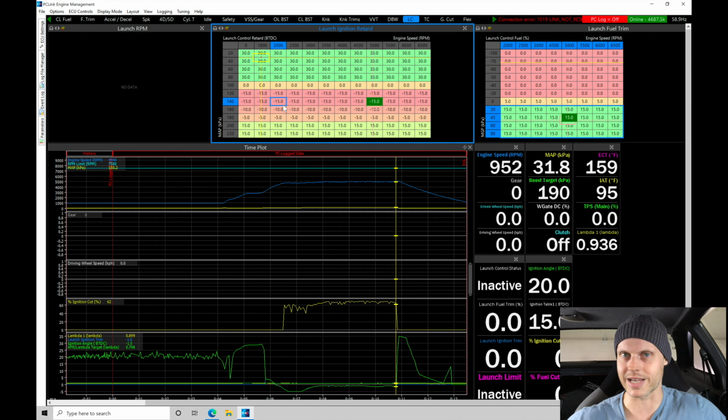Wastegate spring doesn't necessarily mean what you want to shoot for. If you have a dry car that has a big tire, a lot of grip, good track surface, you might try to build 300 kPa or 350 kPa. It's always going to be different for every kind of vehicle, but what we're finding is that what we want to achieve for boost, we can achieve between the combination of where we want the RPM to launch at and ignition